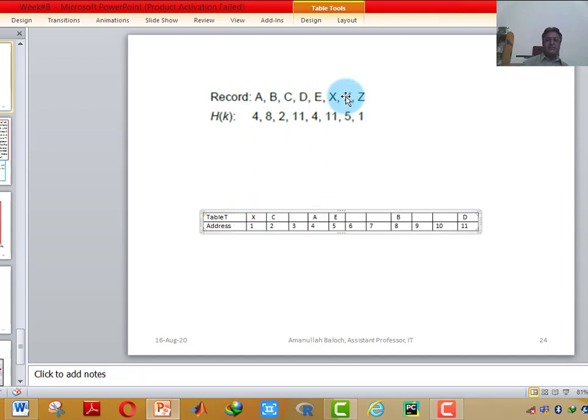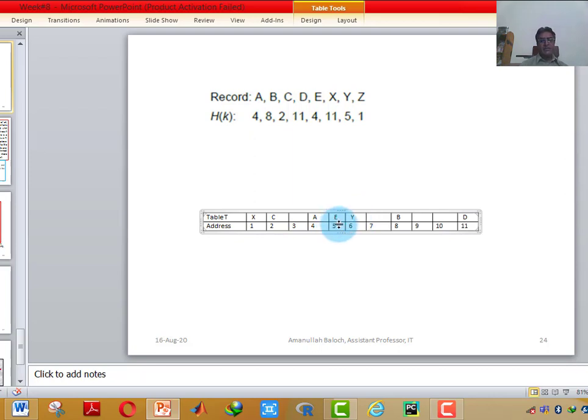Next, the record is Y and the hash address of Y is 5. Is 5 available? No, index 5 is not available. E has occupied this location. It will search onward and see the blank or available location. 6 is the next blank or available location, so Y will be stored here.